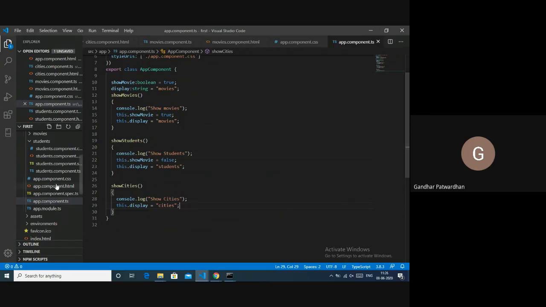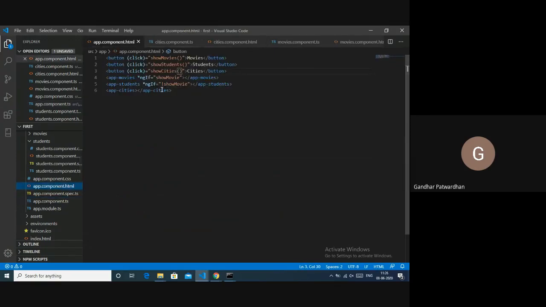Right. Now in my HTML file, in my ngIf, instead of using this Boolean variable show movie, I will be using the string variable display, and I would say ngIf display equals to, in single quotes, movies.